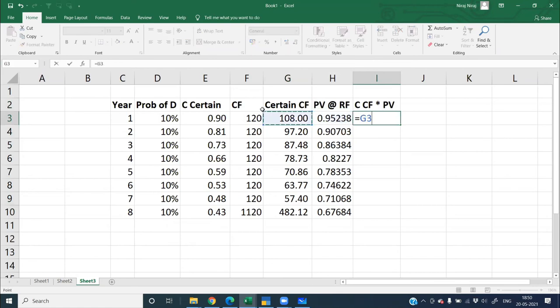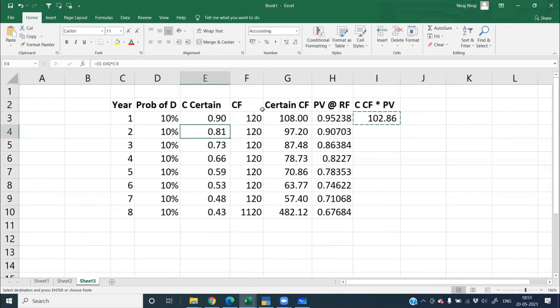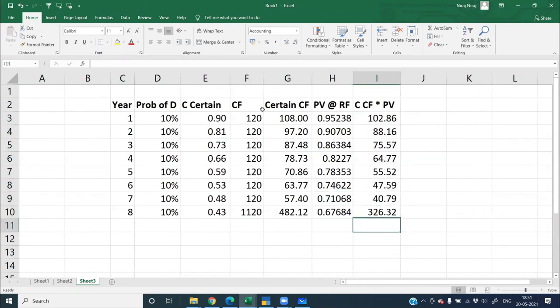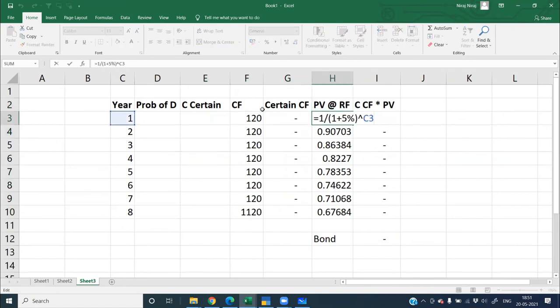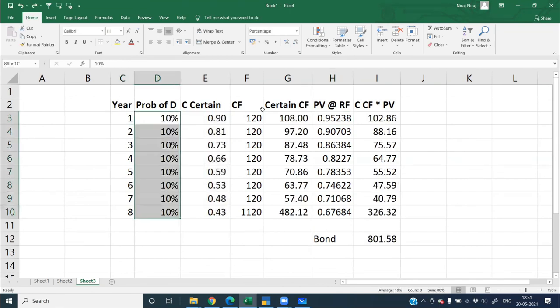And now certain cash flows into PV. इसको मैं करके ऐड करूंगा तो मेरा वैल्यू ऑफ बॉन्ड आ जाएगा। जनरली हम लोग क्या करते थे, व्हेन वी वर डूइंग अ नॉर्मल वैल्यू ऑफ बॉन्ड का सम, हम लोग स्टार्ट करते थे, ये कॉलम को मैं हटा देता हूं, तो हम लोग यहाँ पे रिस्क फ्री की जगह YTM से स्टार्ट करते थे, करेक्ट? YTM इंक्लूड्स योर रिस्क ऑल्सो। नाउ व्हाट वी आर सेइंग इज हम लोग YTM से स्टार्ट नहीं करेंगे, हम लोग रिस्क फ्री से स्टार्ट कर रहे हैं। So that's why what we did, we applied a certainty approach.